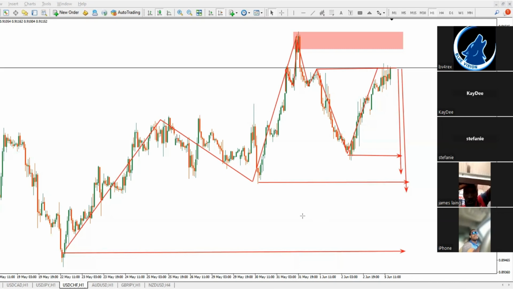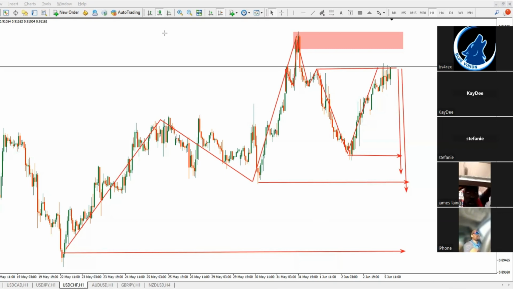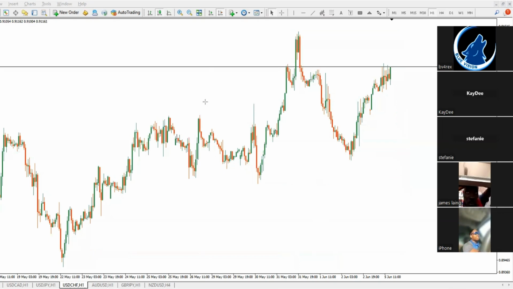So trade management is just as important as having the right analysis, the right setups, and all of that. So you need to put a lot of attention into managing your trade the right way, and also getting your entries, your analysis on point. So that is really